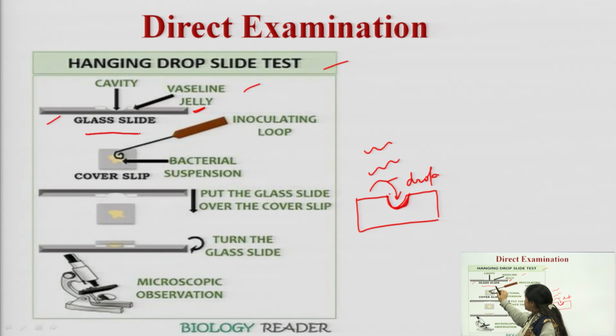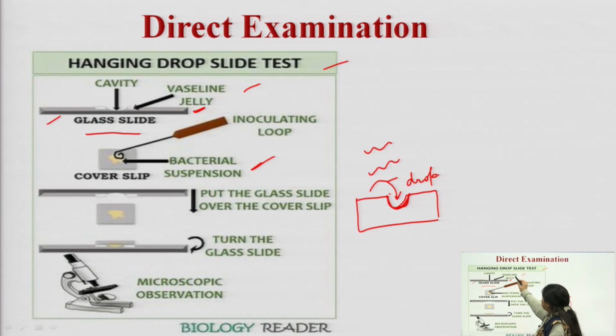So you need to take these special types of slides, and once you have taken that glass slide, you have to make a bacterial suspension. You can't use a condensed sample. As I told you, bacterial suspensions need to be made, that is, dilutions need to be made. A condensed sample containing a lot of microorganisms can't be put directly onto the glass slide. You first have to make a bacterial suspension in which the number of microorganisms is less, so that we can observe them on the slides.